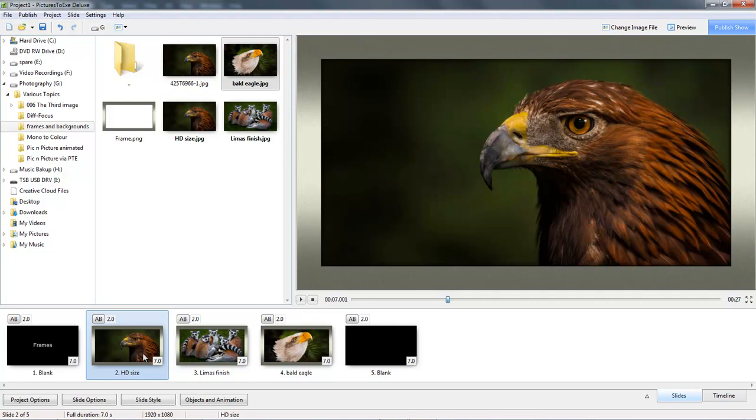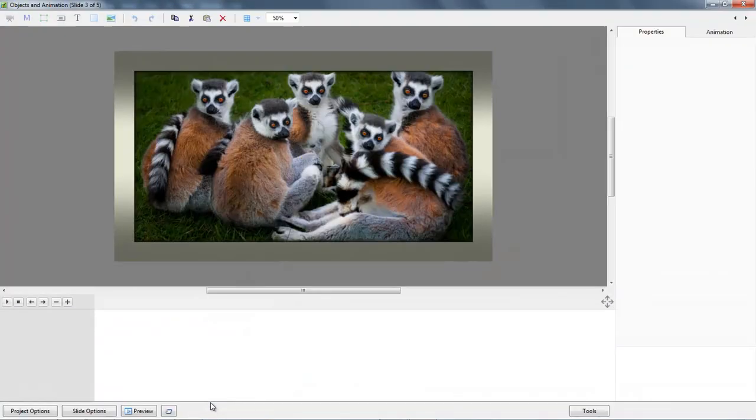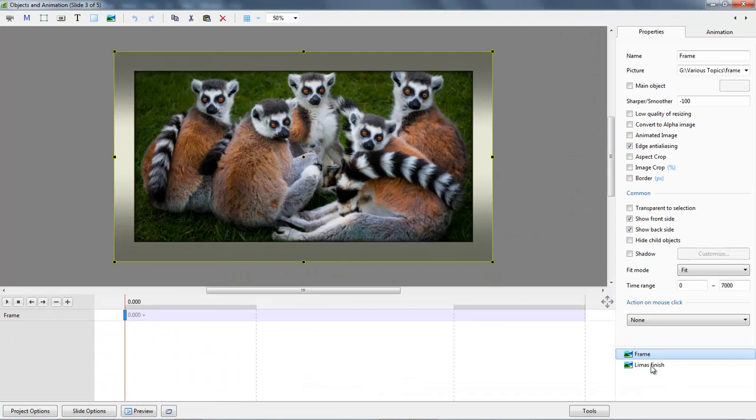Now, the one thing we do need to consider here is that the frame is covering part of the image. You could argue with the golden eagle it's not that important, but with this image it certainly is, and we can see that we're losing some of the image at the top and some of the image at the bottom. In that case, I would go to my Objects and Animation screen, select the lemur finish image